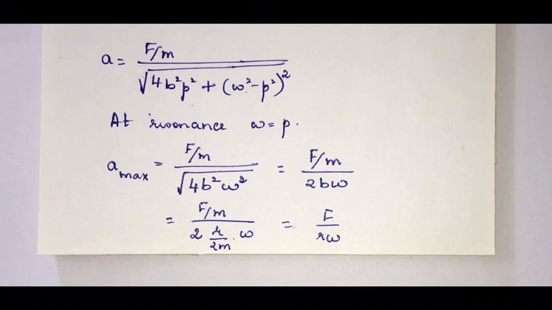Some examples for resonance can be given as a Helmholtz resonator, or a radio receiver set tuned to the broadcast frequency of a transmitting station. If we have to receive a particular frequency, say 92.7, then our device also should be tuned to the same, so that the receiver set is tuned to the broadcast frequency of the transmitting station. Or we can also give the example of the vibration caused by exciting a tuning fork in another nearby identical tuning fork, and so on.